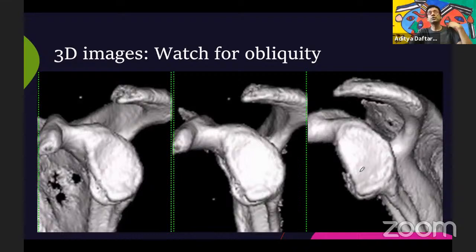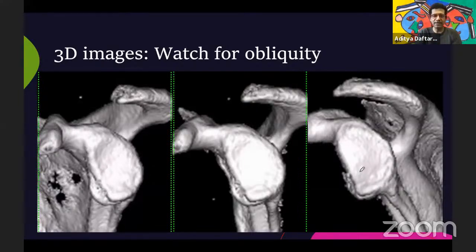Sometimes you find that you're not getting the answer. You get an answer that's very small, and the clinical scenario suggests that there would be larger bone loss. So in those situations, and even in all other situations, I tend to look at things in 3 ways. I look at the axials, I look at the oblique sagittal, that is the en face sagittal, and then I look at the 3D image.